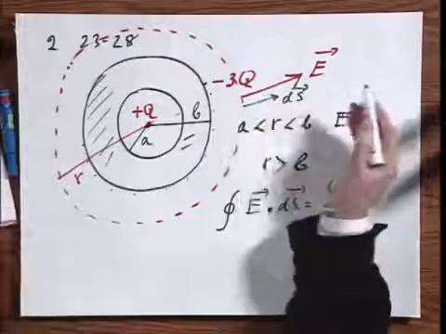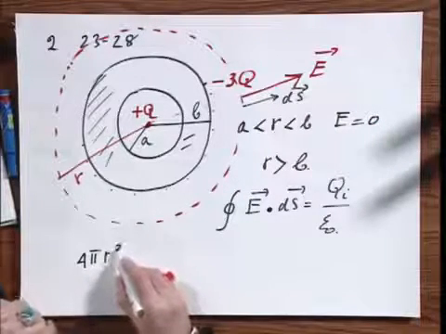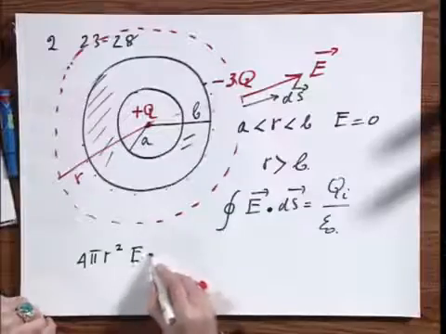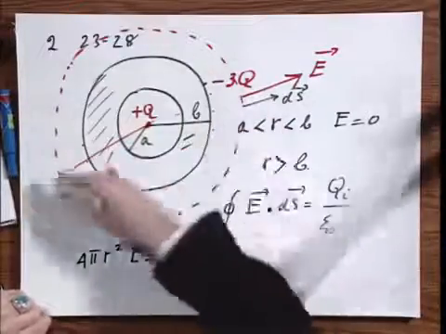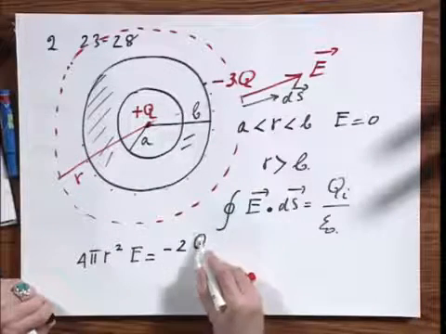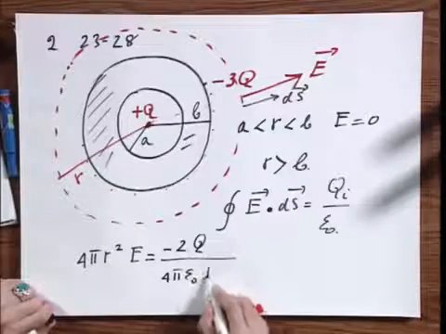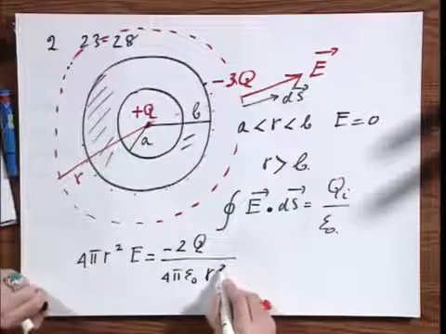If the assumption is wrong, we will quickly find out. So I find 4 pi r squared times E equals the total charge inside. This is minus 3Q plus Q is minus 2Q